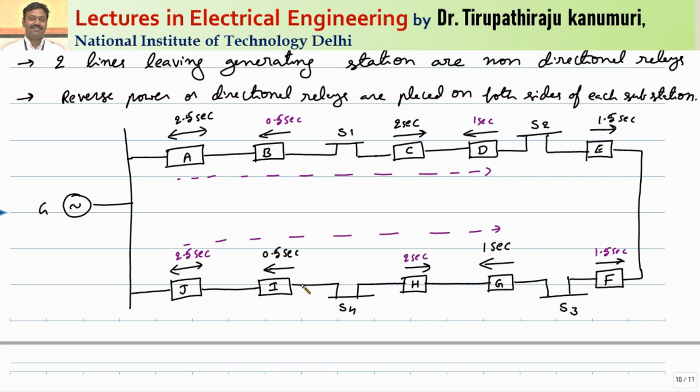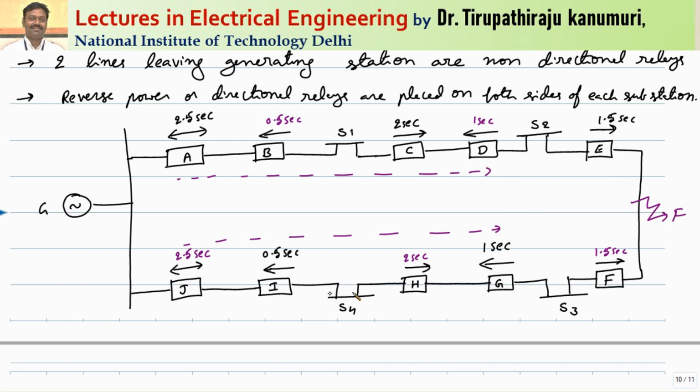So depending on whenever the fault happens in any particular section, the relays which are near to that will operate. So let us take for example, if a fault happens here. So some fault has happened. So for this fault, which relays will operate? The relays at F and the relays at E will operate first, because these are the relays which are supplying to them. Agree with me? So these two relays will operate, whichever are near to the fault.